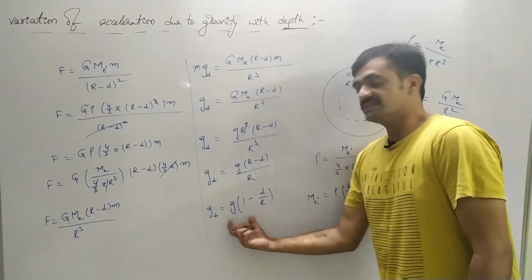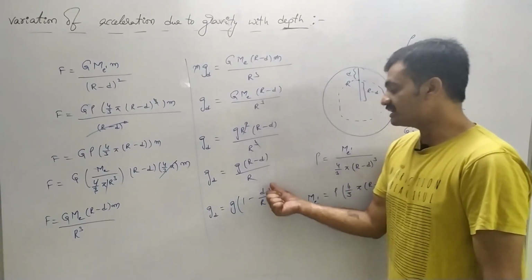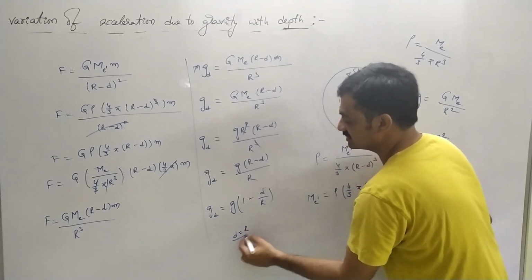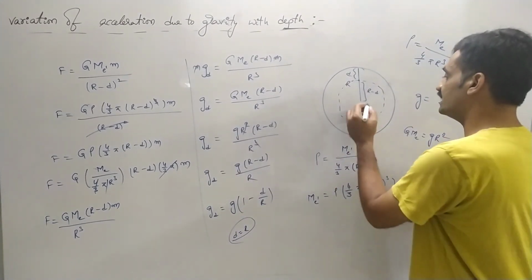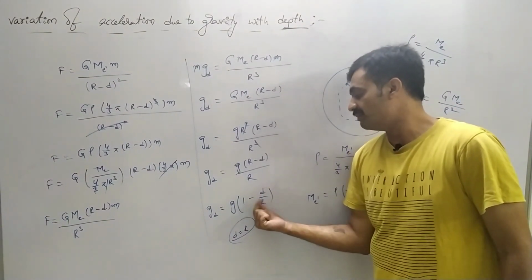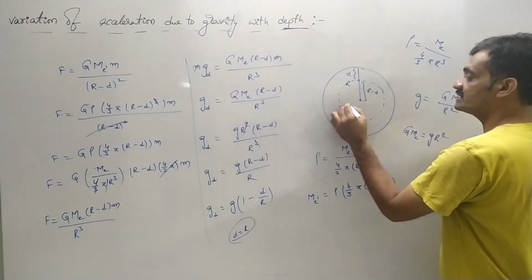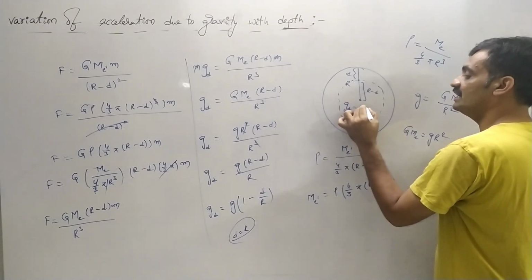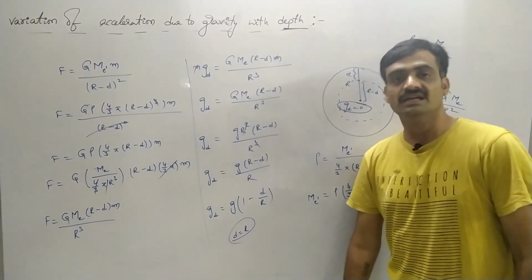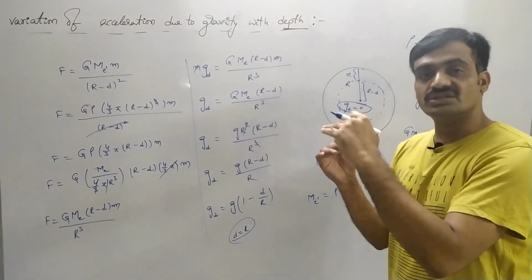So as you observe this expression, on the surface of the earth gravity will be maximum. Why? Because if you consider d equals r, depth equals the radius of the earth, meaning as you bring the body towards the center of the earth, then r by r gets cancelled, and 1 minus 1 is 0, and 0 into something is 0. So we can represent that at the center of the earth, acceleration due to gravity is equal to 0.